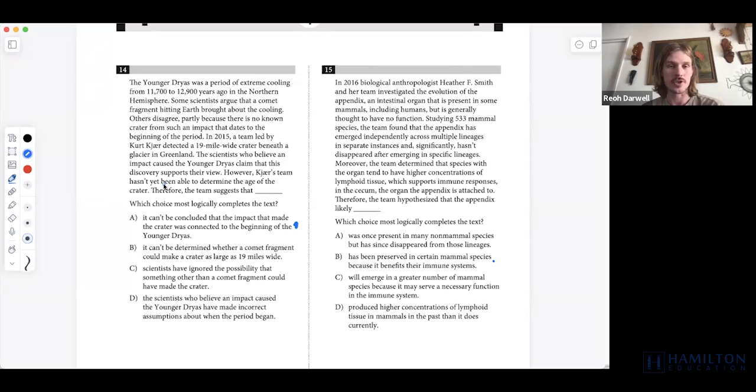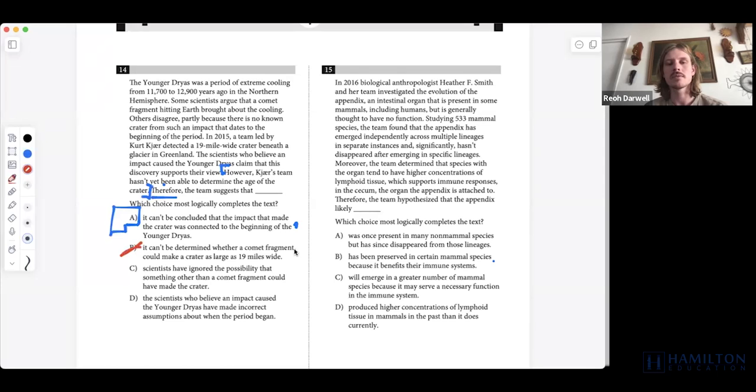So what do we need to know for sure in order to confirm whether the Younger Dryas was related to the crater found in Greenland? Well, we would need to know the age of the crater, all right? Why then would we use it there for? So this sentence is the one I just said. Based off of that sentence, we would need to logically infer that the next claim is going to be we cannot know enough to make a conclusion because we don't know if it started at 12,900 years ago, not 11,700. All right. So